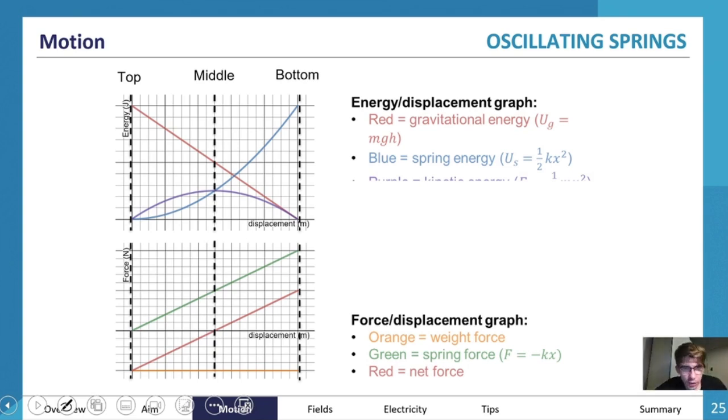Now the idea here, the cool thing about this is that, yes, this is gravitational potential energy dropping, elastic kinetic energy reaching a peak midway through, and elastic potential energy peaking out. But